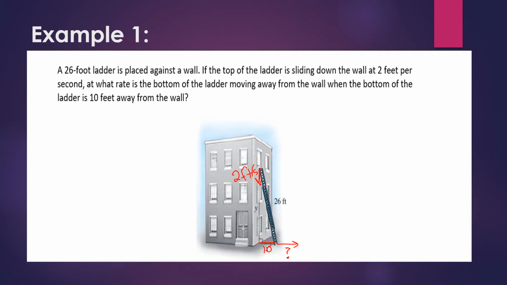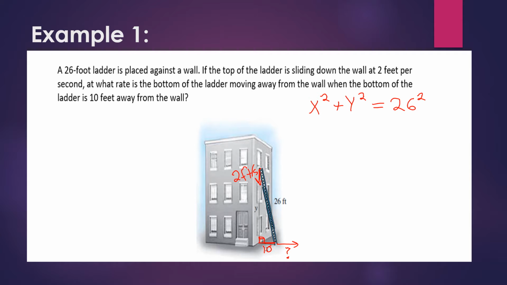So in our picture, we know that this ladder is leaning against the wall, and they do tell us that this is a right angle. So I need to relate all three parts of this triangle together, and that's going to be done using the Pythagorean theorem. So I can say that x squared plus y squared equals 26 squared. So that's because it's a right triangle, we can use the Pythagorean theorem here. And